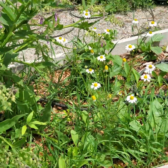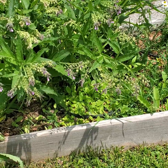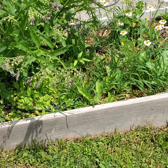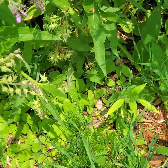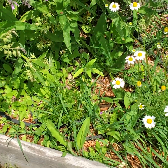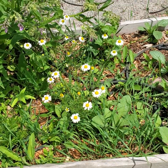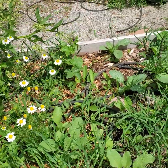And then I need to do a lot of work on this. This is a struggle with baby comfrey coming up, and then the grass, of course, but I need to move this Roman chamomile, it's too close to the comfrey. This one seems to be doing okay. I need to harvest some of these buds. And then I've got